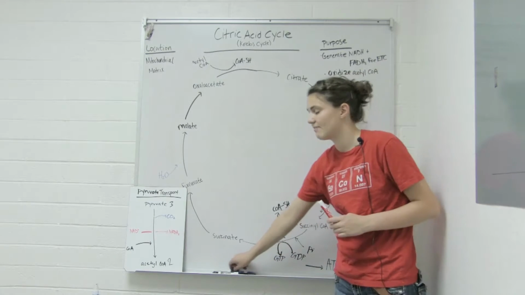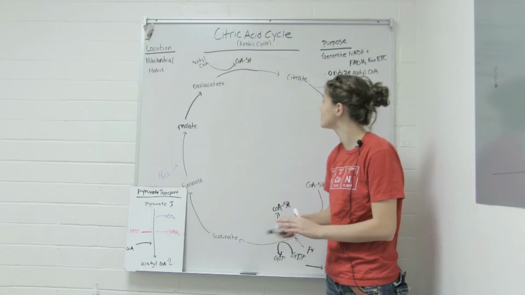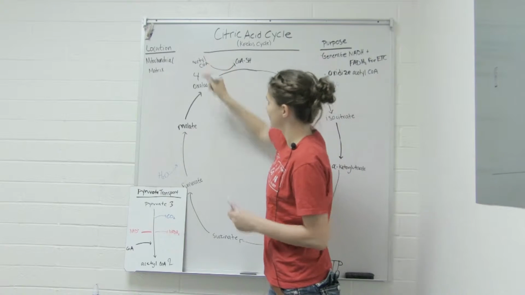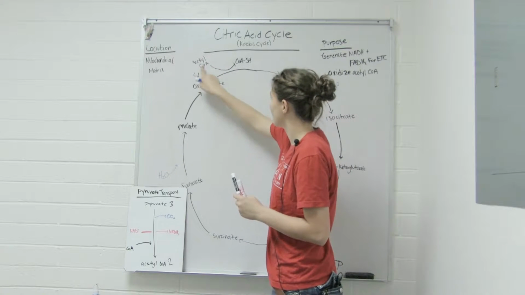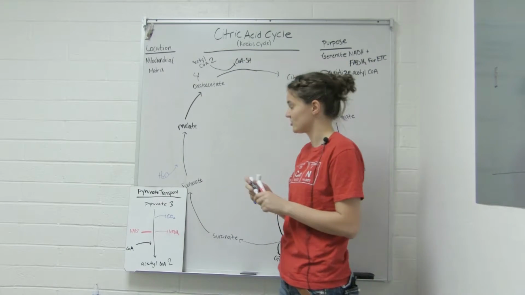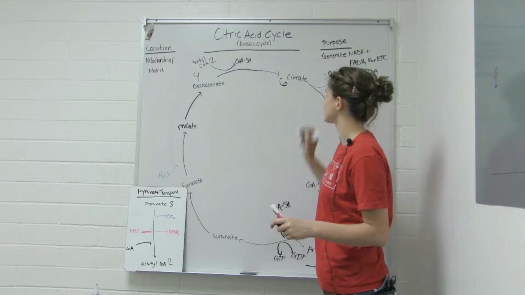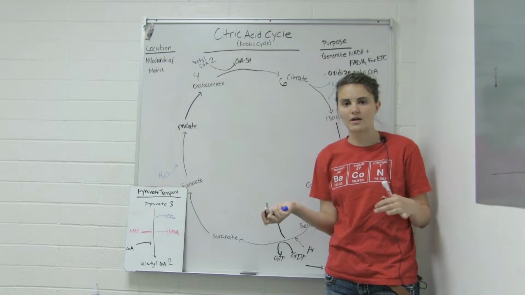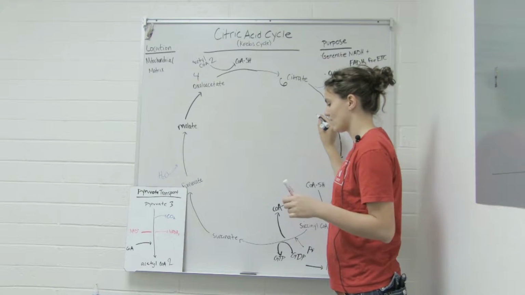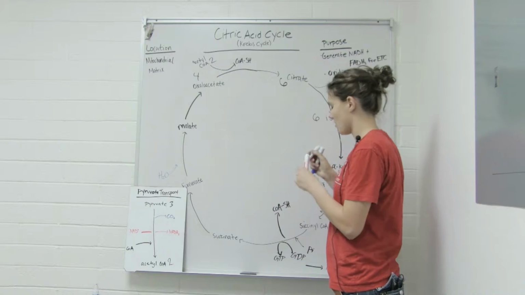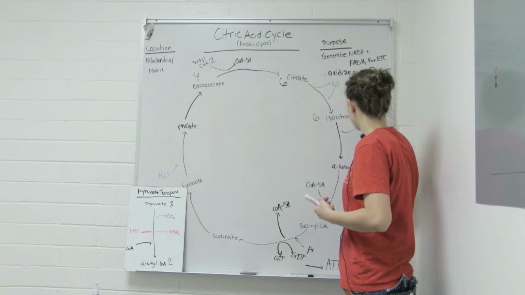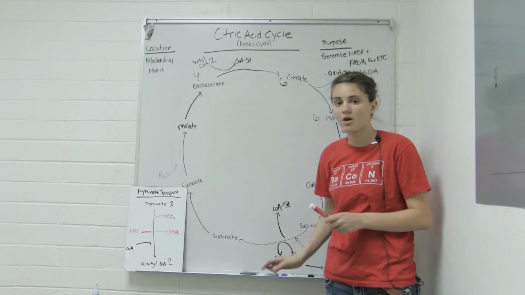This was a 4-carbon molecule, and we said this was a 2-carbon molecule from pyruvate transport. So when they come together, they are a 6-carbon molecule. We're going to be counting carbons because that's important. So isocitrate is also a 6-carbon molecule, and isocitrate is going to lose a CO2,